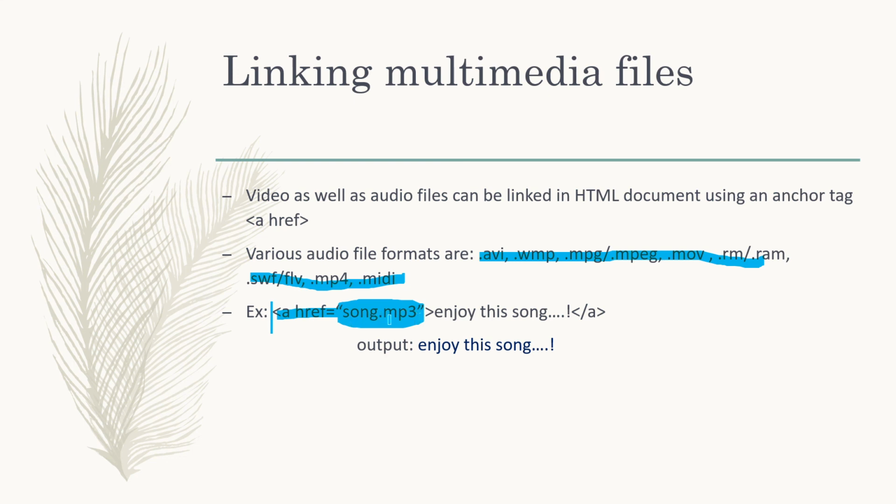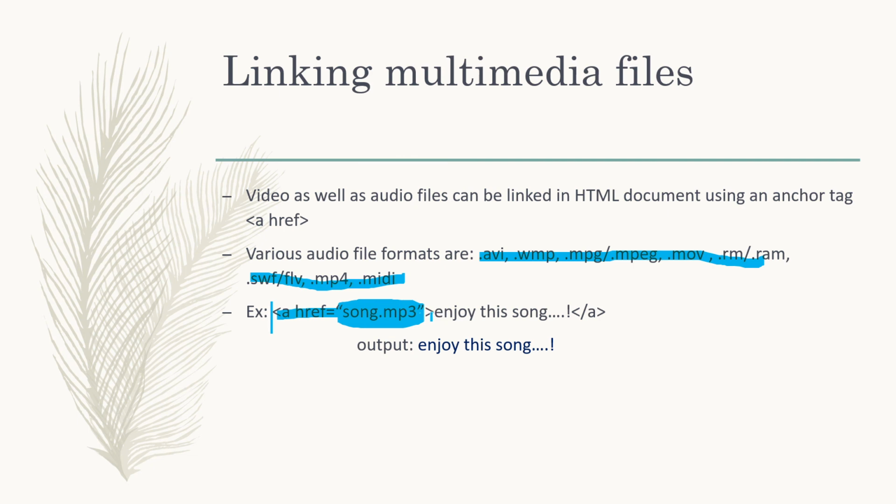Again I am telling you, to find out the extension you have to right click on that particular audio file, video file or image file. While right clicking you will get the properties option at the last of the list. While clicking on the properties option you will get the extension of the particular file.